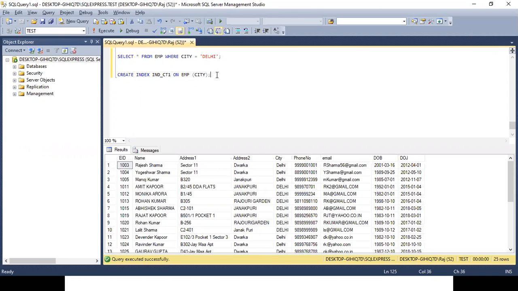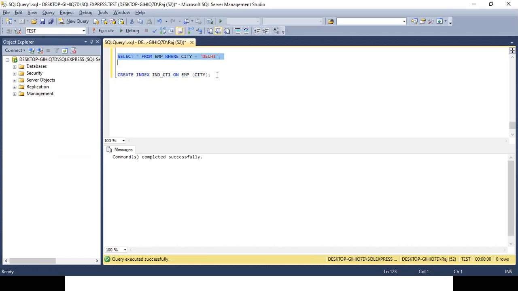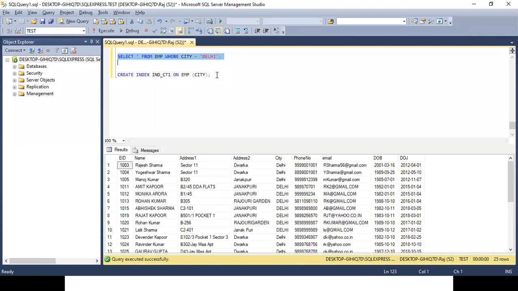Create index, it is the name of the index, IND underscore CT1. I have given the index name, and on table name within the bracket the field on which I want to create an index. It says command completed successfully. That means the indexing has been done. Now if I execute the command select star from EMP where city is equal to Delhi, again I got the output within a fraction of a second. So I will not be able to see the impact of it.